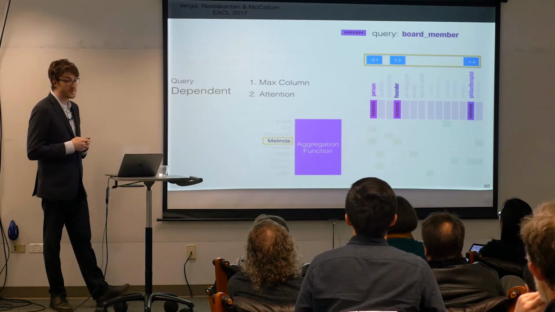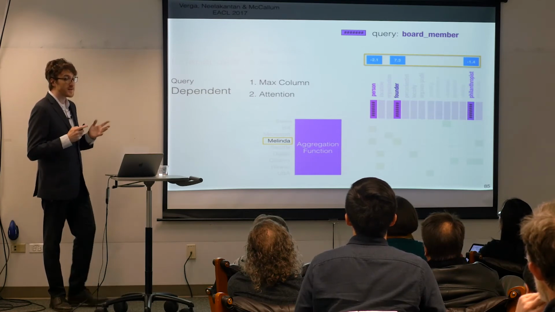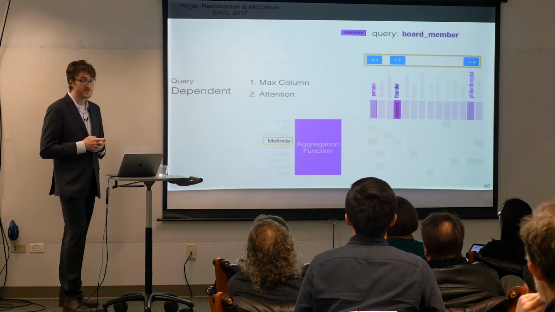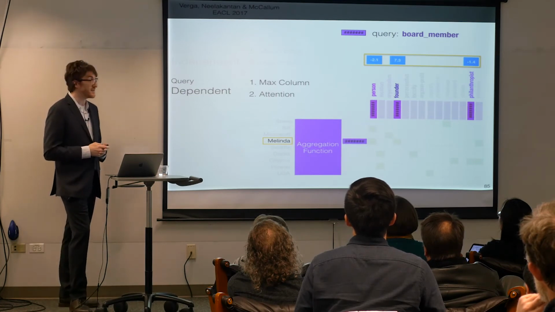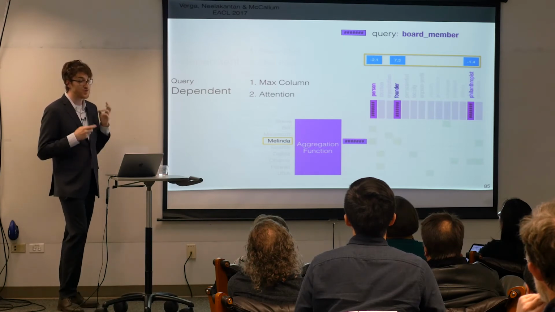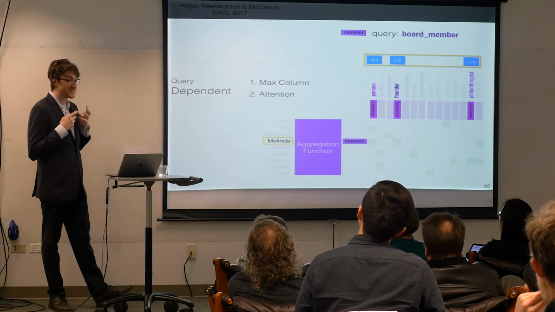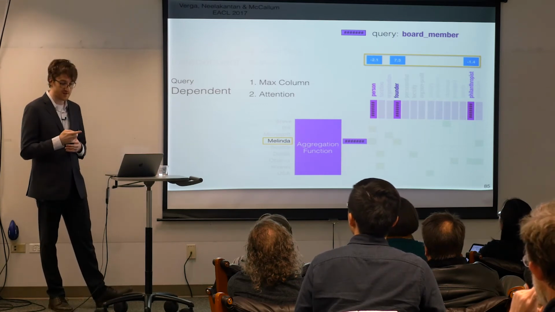And the second query-dependent method we looked at was an attention-based one. Here we're going to take a weighted average over all of the observed mentions relative to their similarity to the query. And it's worth noting that while founder doesn't always directly imply board member, in this scenario we're working with soft evidence and uncertain predictions to just estimate how likely the query is to be correct.